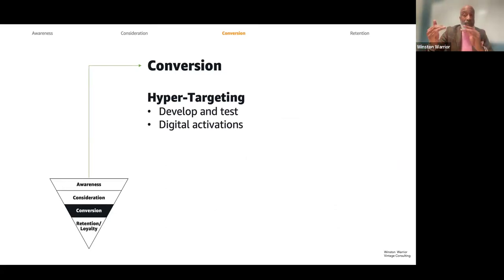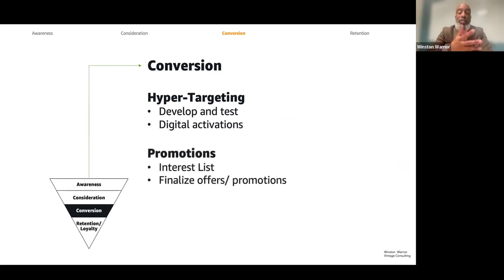Digital activations. Digital is a big part of it. So I would suggest that people put a digital media mix in their consideration set, right? In your marketing mix, in the tactics that you use. And then promotions are very good in terms of getting people to convert. What's my incentive? You know, the 10% off, 15% off, or free consultation. You see some of these things. Those are the offers and the promotions that are used to get people to say, okay, you know what, I'm on the fence, but let me go ahead and convert. Let me go ahead and send that $100 deposit, whatever that is.